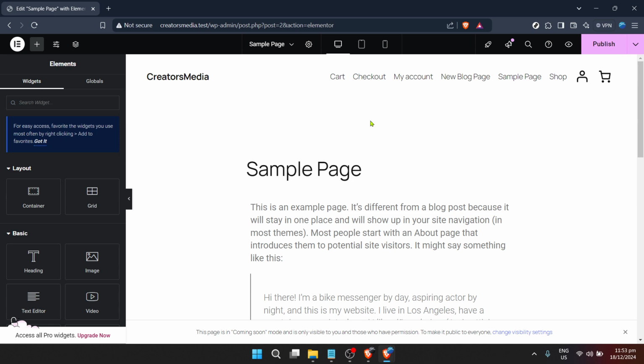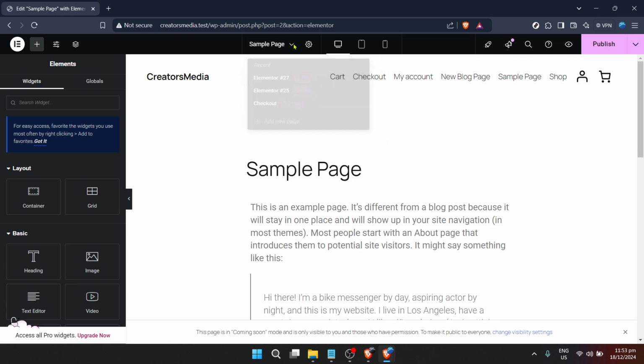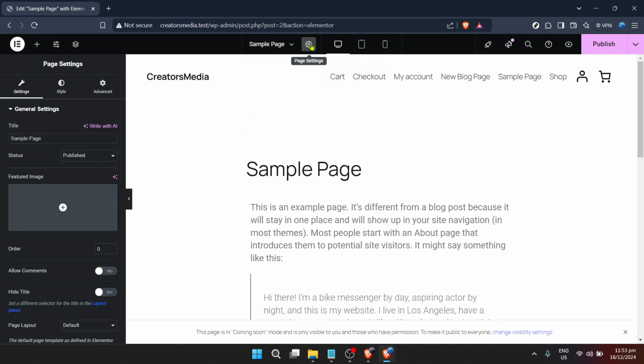In conclusion, enhancing your WooCommerce checkout page isn't just about aesthetics, it's about creating a smooth, trustworthy experience for your customers that encourages them to complete their purchases. By following the steps we discussed today, you can take full control over the design and functionality of your checkout page, ensuring it aligns with your brand and meets your customers' expectations.